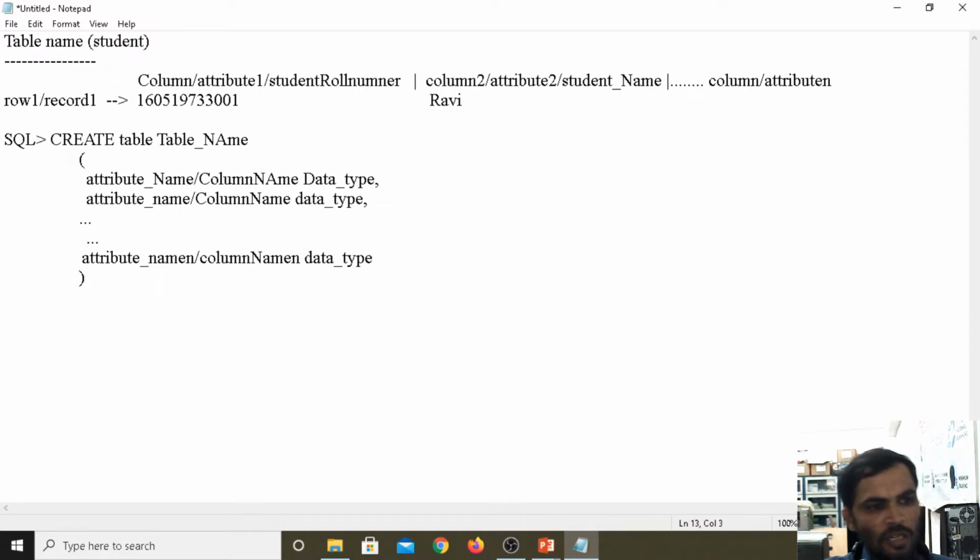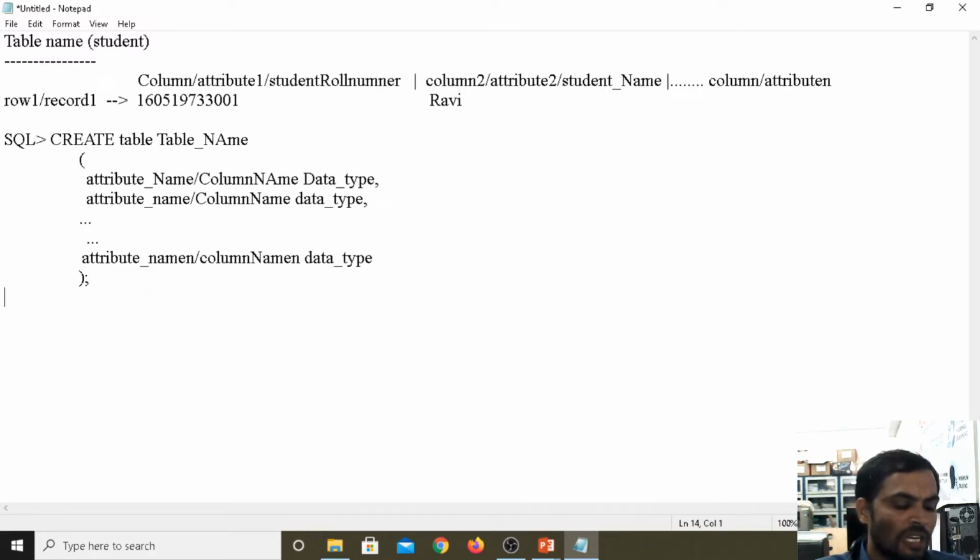Closing the round braces, then when you give a semicolon, the SQL command understands that the table definition is ending, and only then will it create the table. It will show under the Oracle software, under the SQL command prompt. This is the syntax for creating the table.